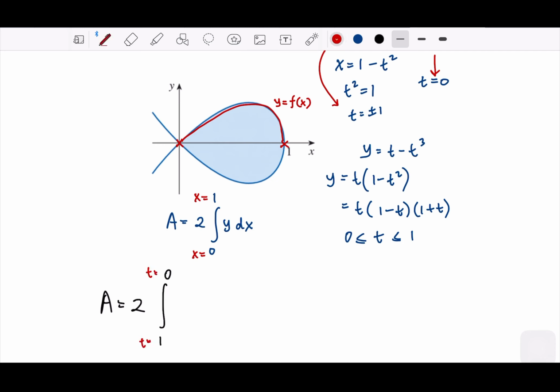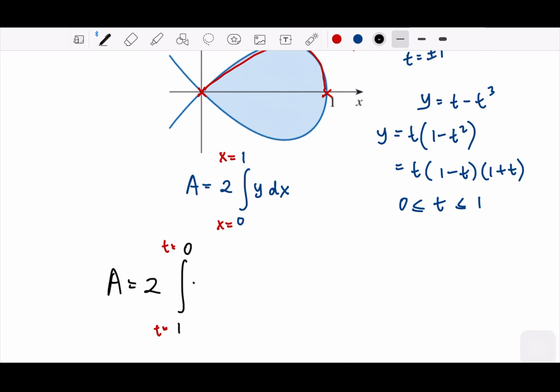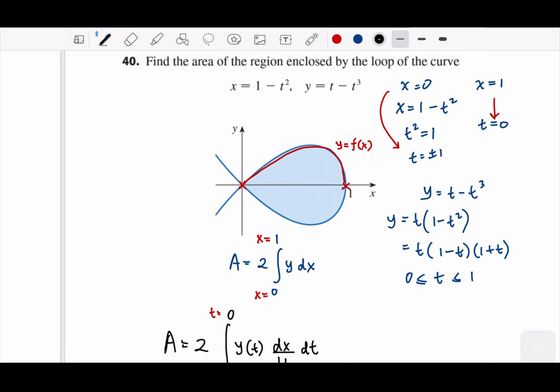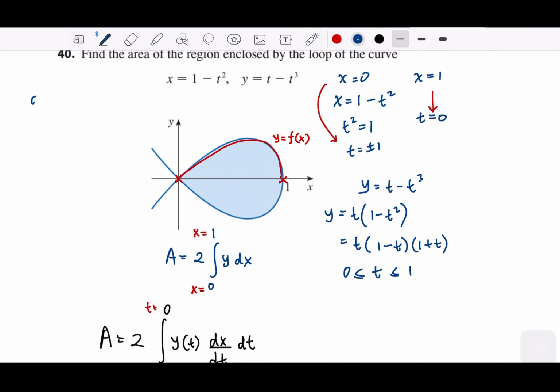And then changing the integrations inside becomes y. Let me just write y of t, and then x prime, or dx/dt. I think it's better to write it like this, and then dt. Okay. Now dx/dt is